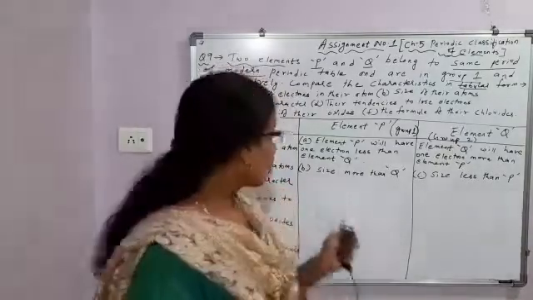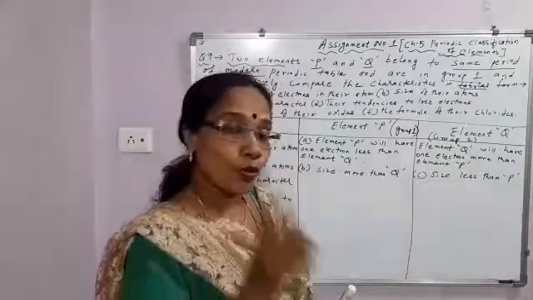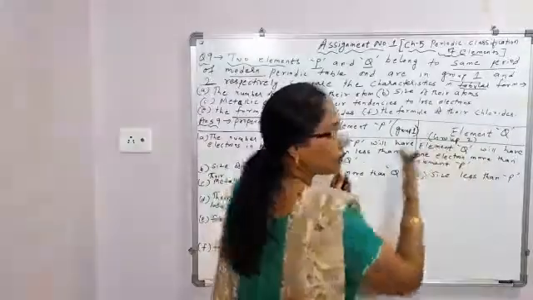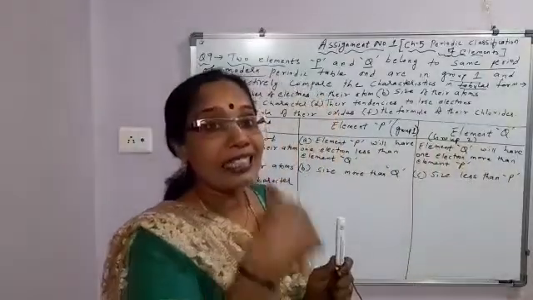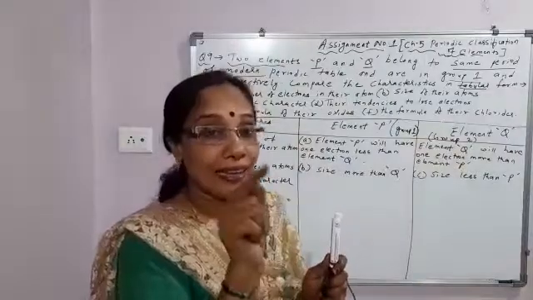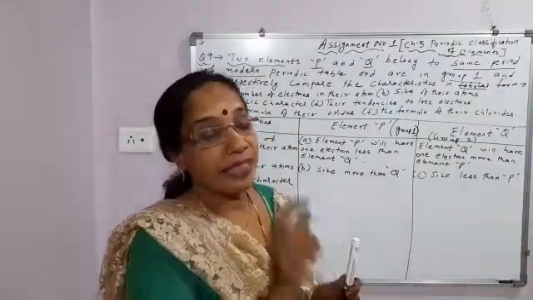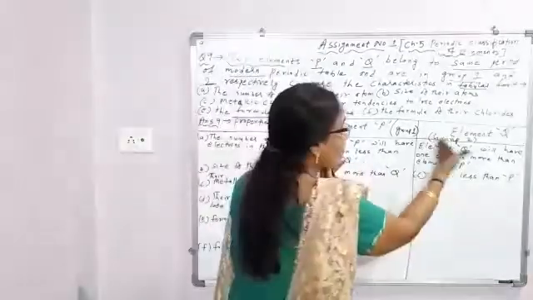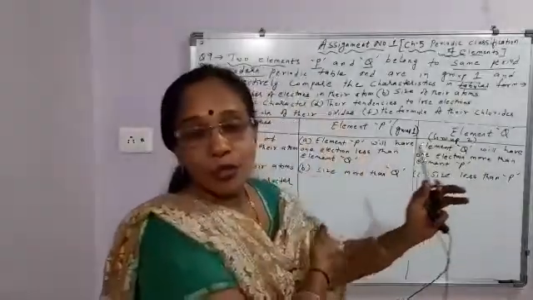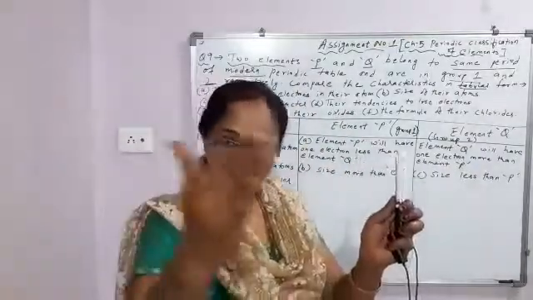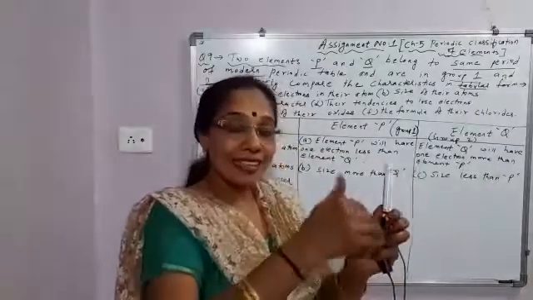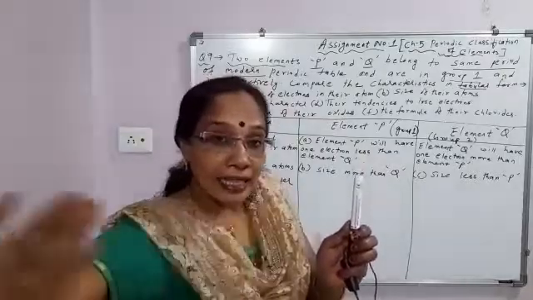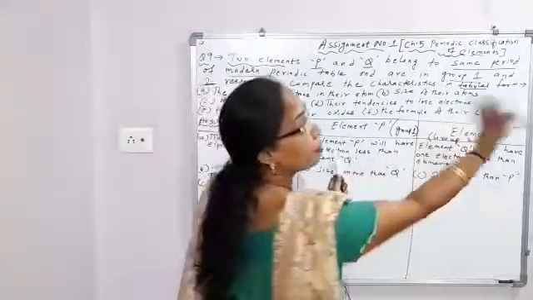They are metals. So you have to discuss here the metallic character. So we'll think about the variation of metallic character along a period. As we move from left to right in a period, metallic character decreases. Metallic character means the tendency to lose electron and form a positive ion. As we move from left to right in a period, nuclear charge increases, so the force of attraction between the nucleus and the electrons in the outermost shell increases. So the tendency of the element to lose electron and form a positive ion decreases, which means metallic character decreases as we move from left to right.